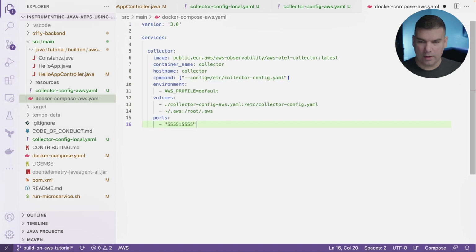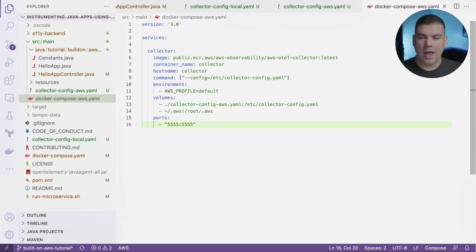And in this file, I'm actually going to define only the collector. So you might be wondering, Ricardo, why you are not defining the observability backend? Because the observability backend at this point is going to be AWS. So the whole backend is going to be running on the cloud, so I don't actually need to define anything here. All the definition that is required is from the configuration of the collector that's going to point to AWS.